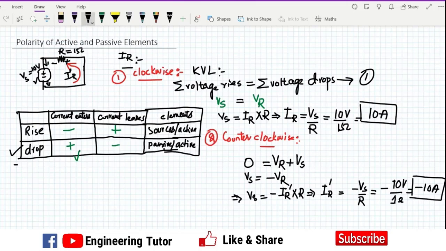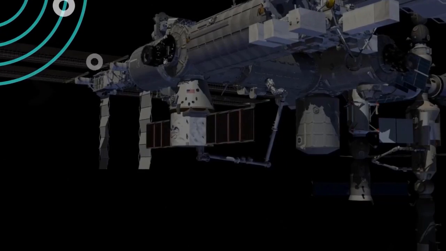So what is the concept here? How come it changes to negative, and what is meant by this negative sign, and what is meant by this positive sign? Actually, the positive sign shows us that the direction which we have considered, which was clockwise, with positive 10 amperes, was correct, while when we considered the counterclockwise direction, it is negative 10 amperes, and the negative sign shows us that the considered direction of the current is opposite to the actual current direction. So this is the overall concept. Thank you so much, and I'll see